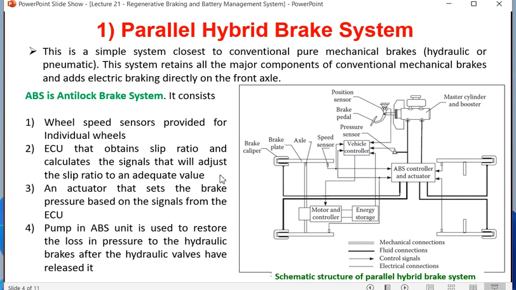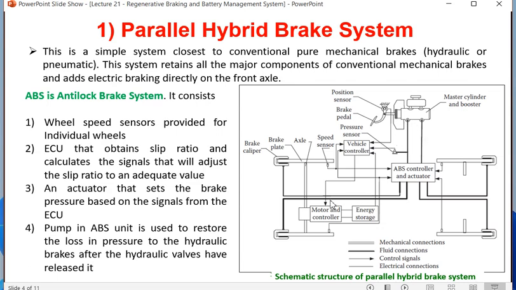All those signals are calculated by the ECU. This is a very smart microcontroller kind of a thing. The third thing is an actuator that sets the brake pressure based on the signals from the ECU. As soon as the ECU, that is the vehicle controller, gives the signal, the actuator is opening or closing these valves. Okay, so the signal is generated by the ECU, but closing or opening of the valve is done by the actuator. So that actuator will be opening or closing these valves, and depending on that the fluid will come,